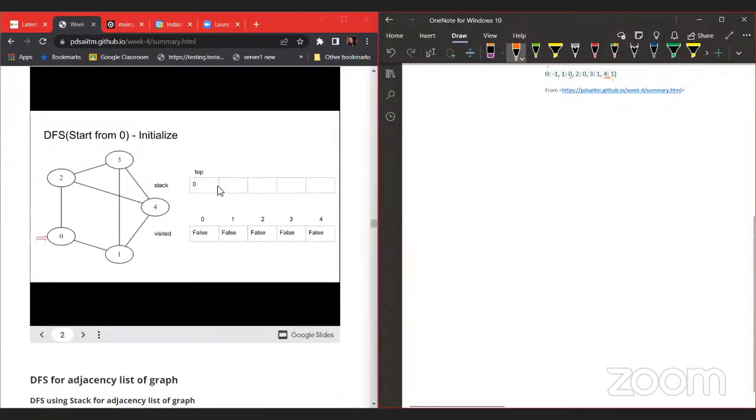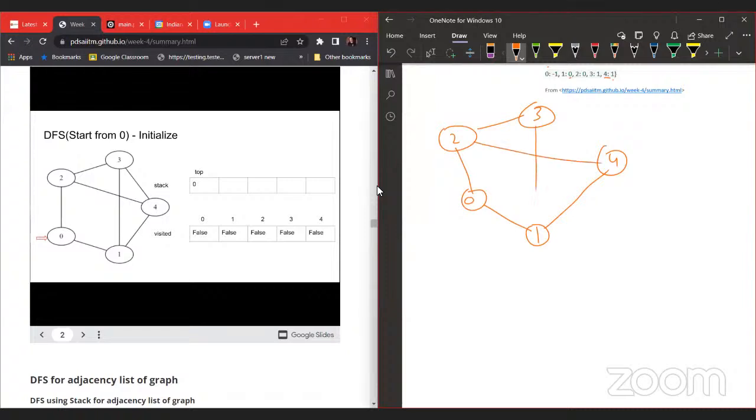This graph is the same: 0, 1, 2, 3, 4. Okay, this is the initial graph, and if we are starting from 0, we can start from any